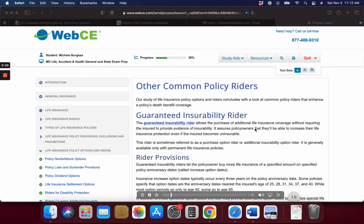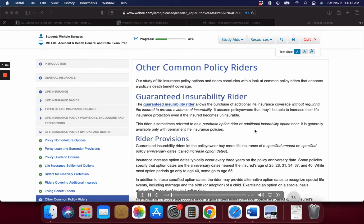Riders. Our study of life insurance policy options and riders concludes with a look at common policy riders that enhance a policy's death benefit coverage. Guaranteed Insurability Rider. The Guaranteed Insurability Rider allows the purchase of additional life insurance coverage without requiring the insured to